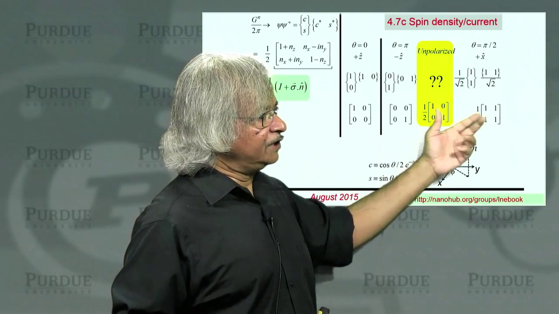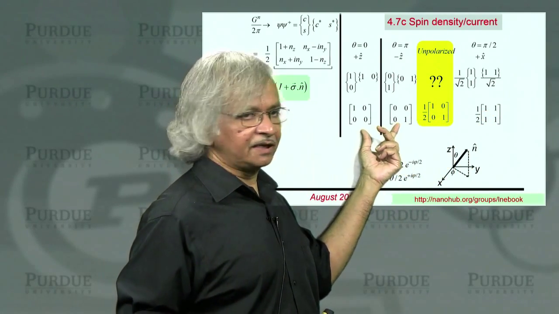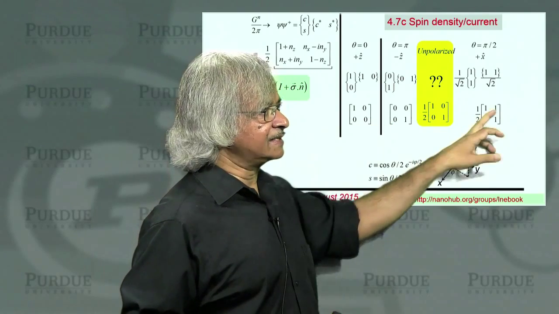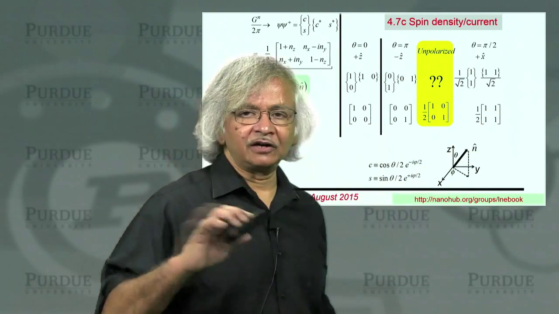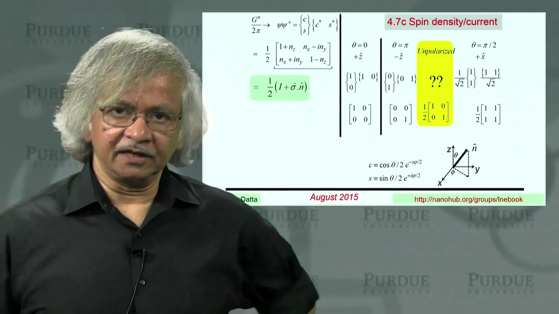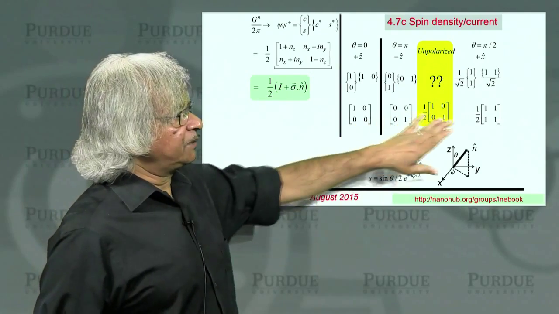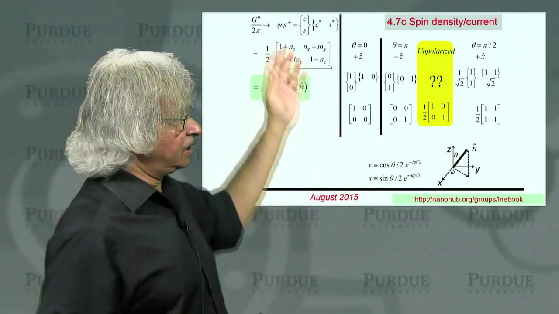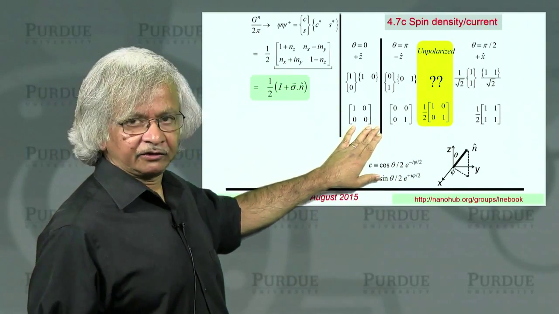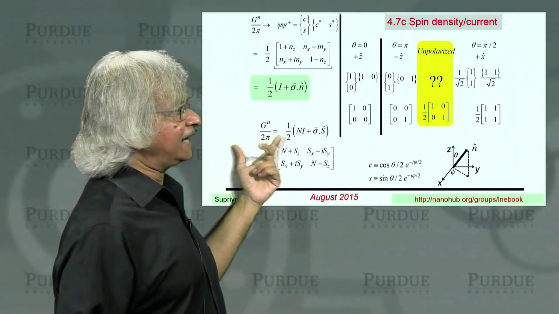And if you leave out the off-diagonal, what you get is this random mixture of plus z and minus z. Whereas it's this one that shows you it's not a random mixture, it's a coherent superposition of plus z and minus z. Now, this is how you'd interpret the wave function or the Gn for a single electron. If you have lots of electrons, then you can just add them all up.